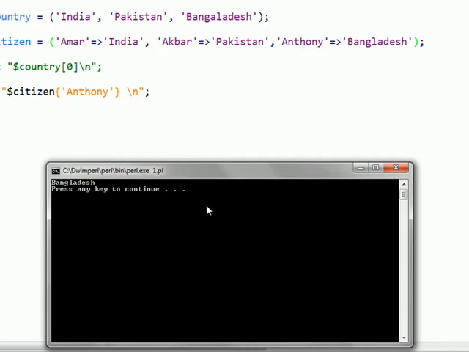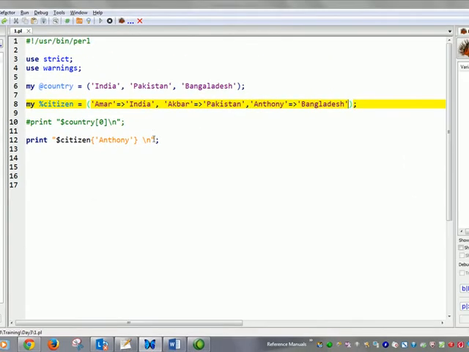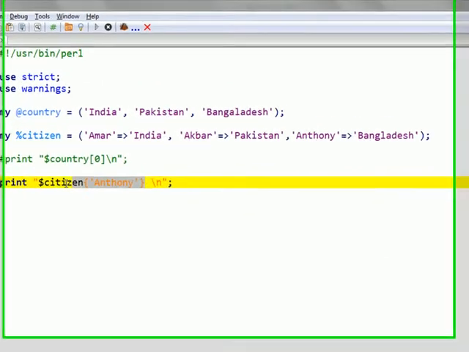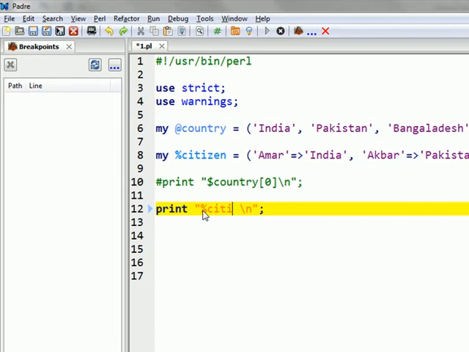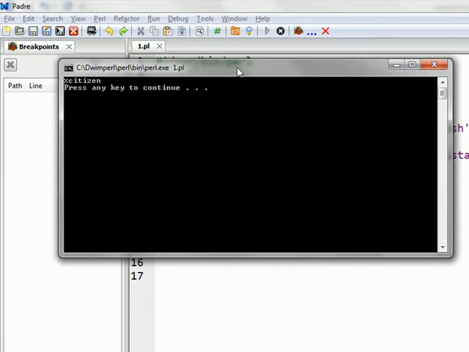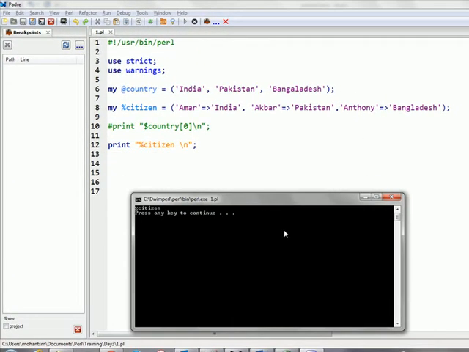Now I will show you an interesting thing. If I want to print the hash entirely, percentage citizen.